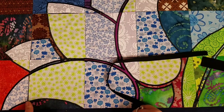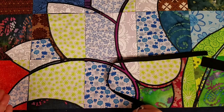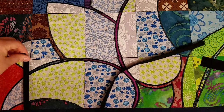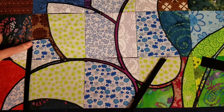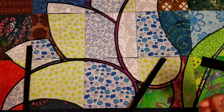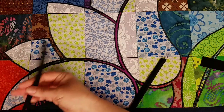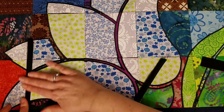It's because I did not cut my applique all the way to the line, and now I see a little gap. But watch this. Just like that, it completely covers that gap, and it finishes off the quilt very nice. And so the way you could apply this is very simple. You could glue stick it, or with wet glue, put it on there, dry it with your iron, or just